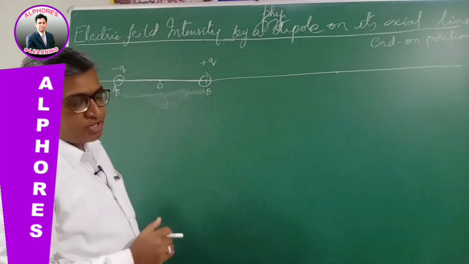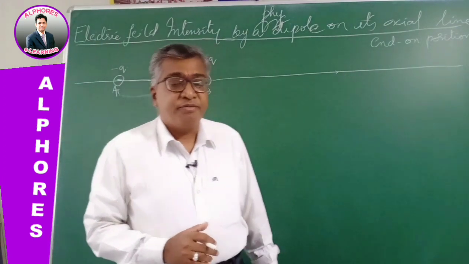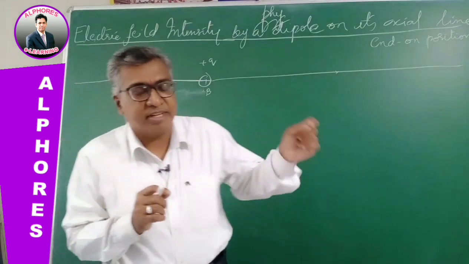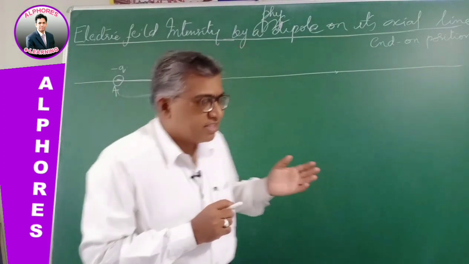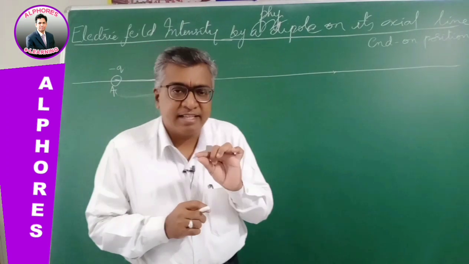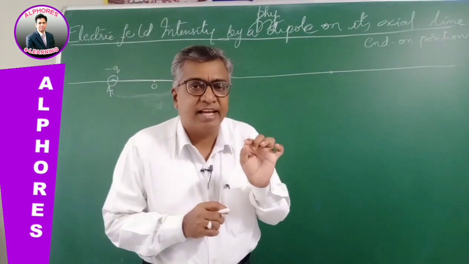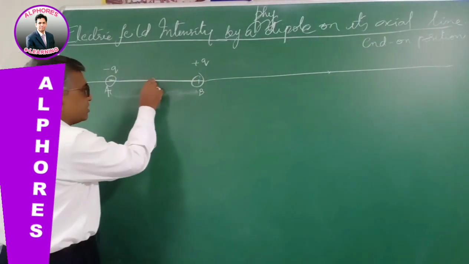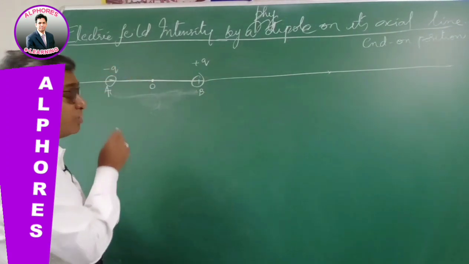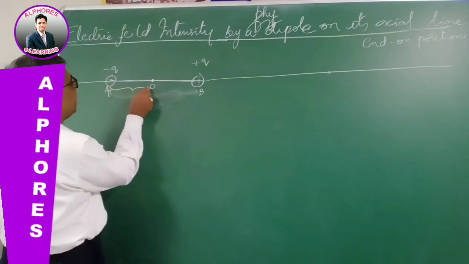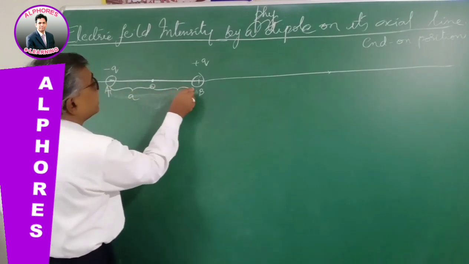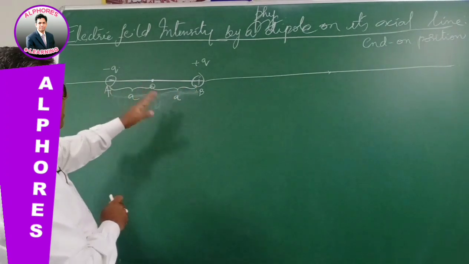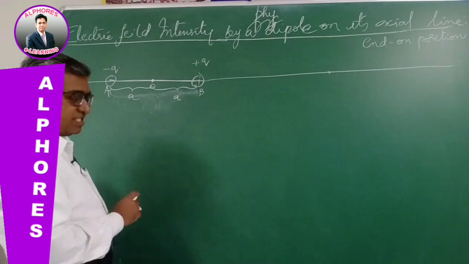Now in the previous video I was telling you, in a dipole, if you have to measure the distance of a point in the field of the dipole from the dipole, which point do you have to consider, whether it is from positive or negative? It is neither positive nor negative. You have to take the midpoint of the negative and positive charge. So you have to measure all the distances from this. So let this charge be at a distance a and this be at a distance a. So both the charges are at equal distance a on either side of the midpoint, right?